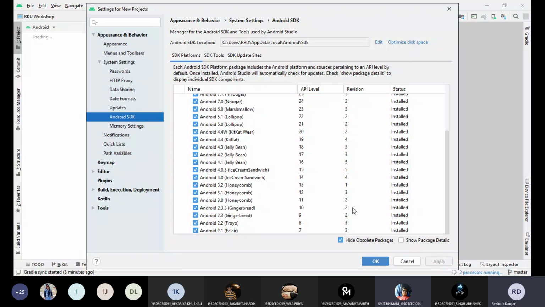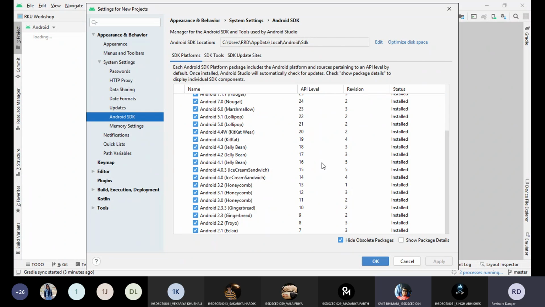Sir, these different versions, will the functions in Studio also be different, or will everything be the same? Correct. In each version, you will find different functions. But while building the applications, we don't have any restrictions. If you are starting building the applications in Android 4.1, it doesn't mean that you will not be able to design the applications the way you want. It is not that.